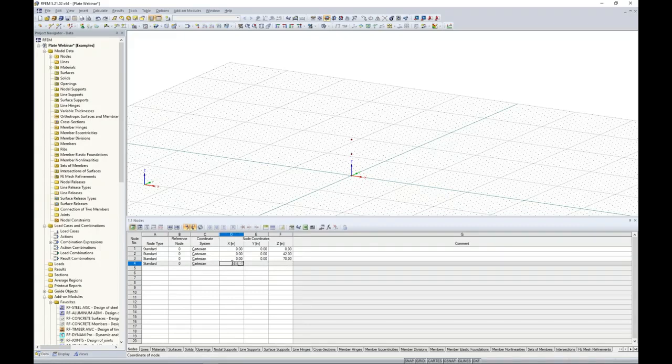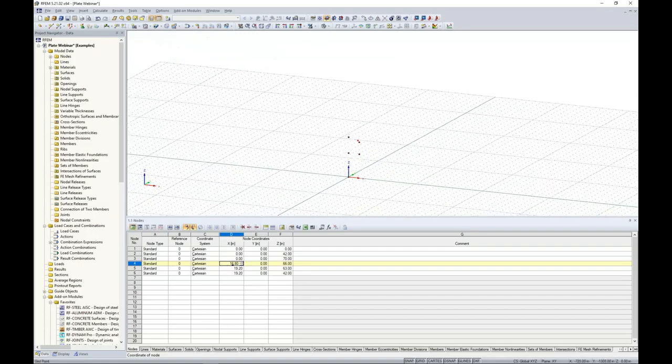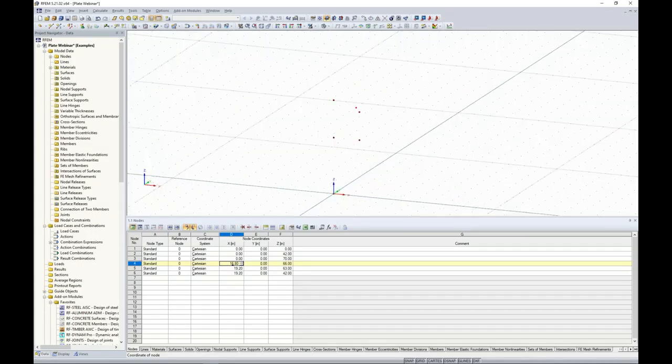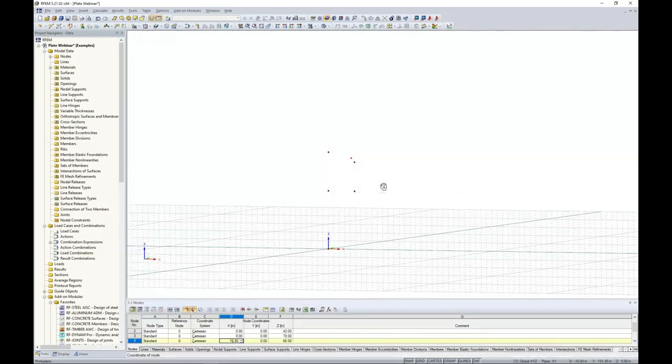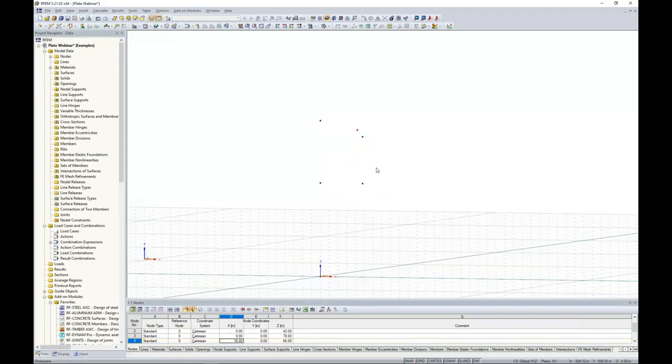Now I have 3 more nodes here I want to input at 16.8, 0, and 66 inches. 19.2, 0, and 63 inches. And finally, my last node will be 19.2, 0, and 42 inches. So here are these nodes displayed in our graphical window, and I can move this table down. And they don't really mean too much right now, but what we want to do is to connect these nodes